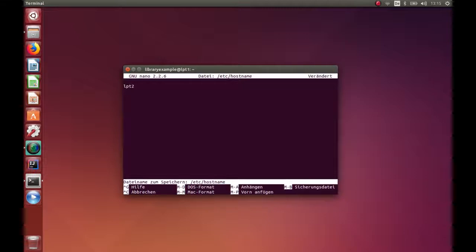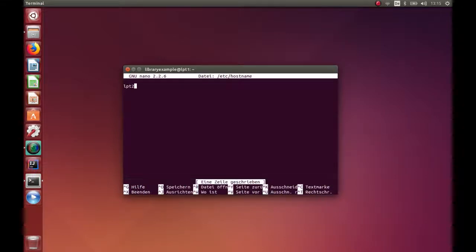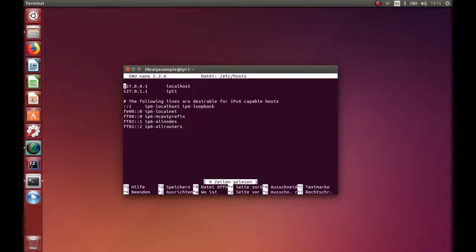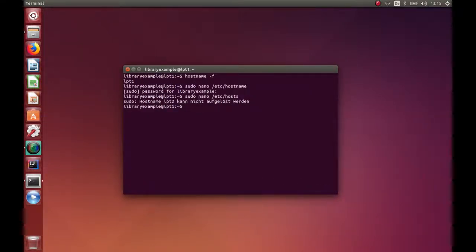Save the file. Exit the file. After this, I will change the /etc/hosts file, and again I will choose the Nano editor. I change LPT1 to LPT2, save the file, exit the editor,